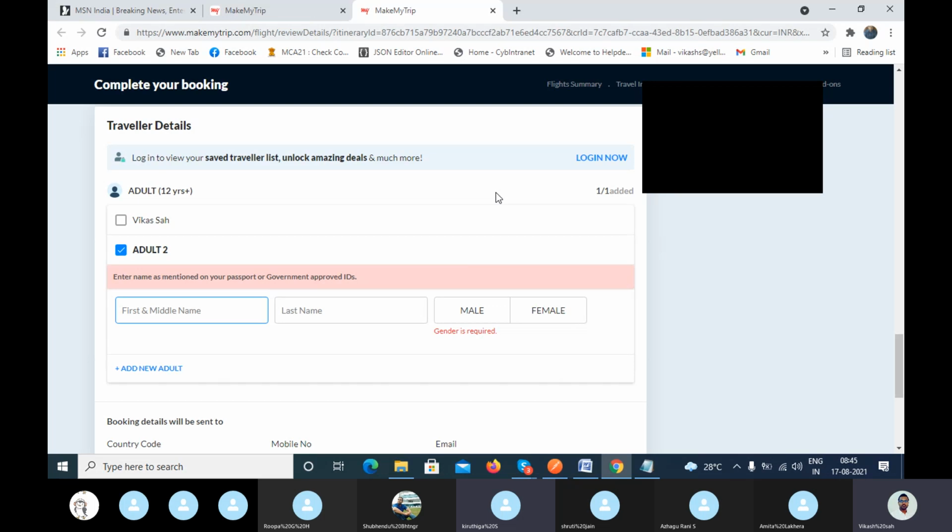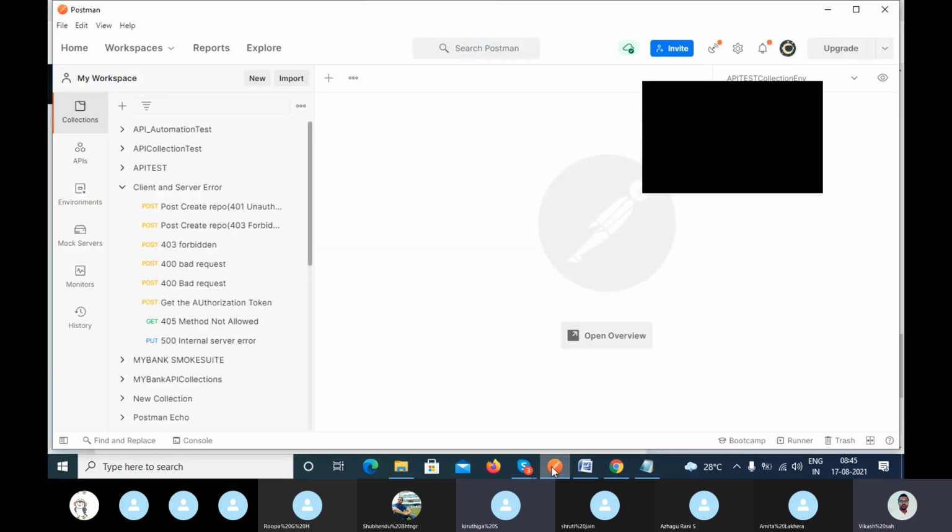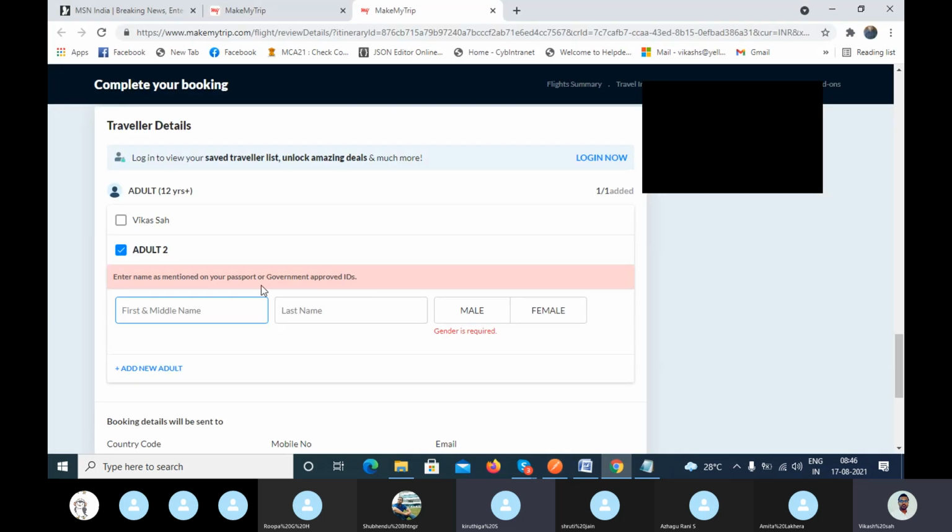Both testings look similar, but there is a difference. In a project we have separate teams: a front end team and a back end team. If you are doing the front end testing,